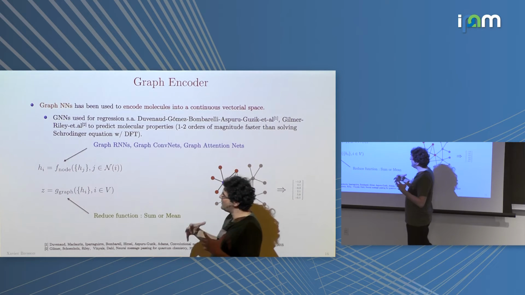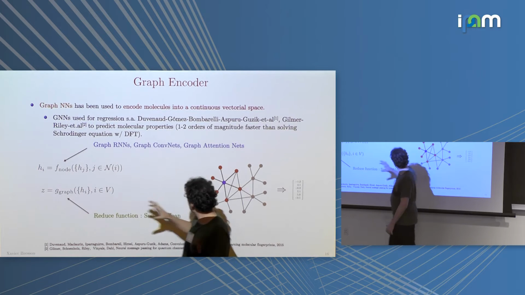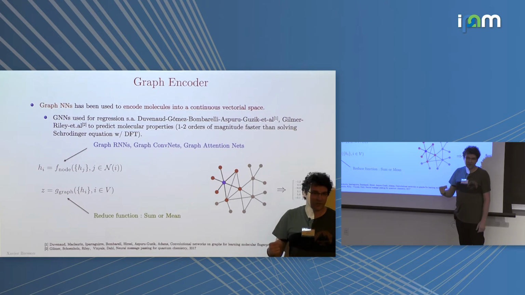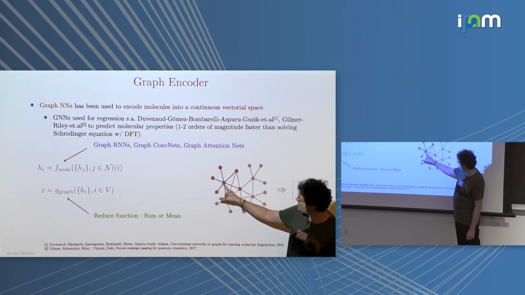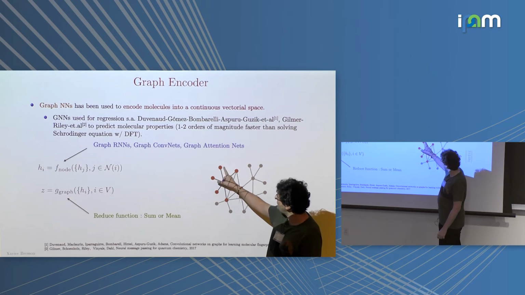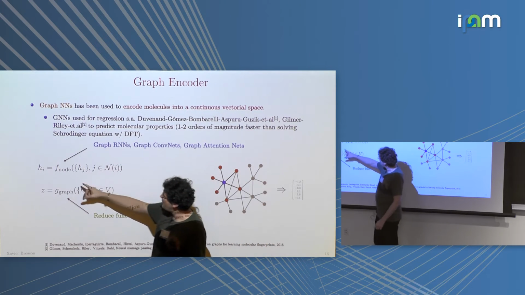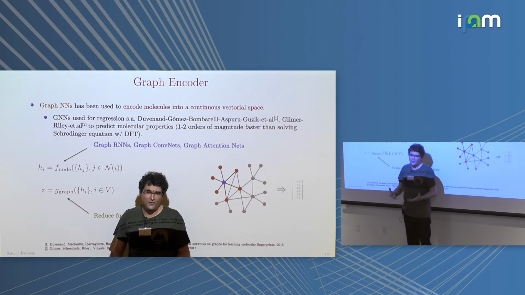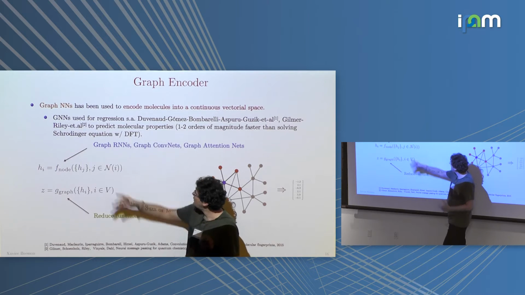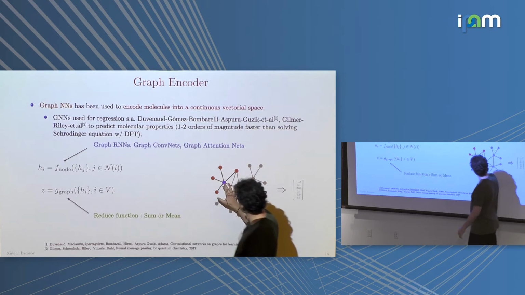The idea is basically doing two equations. The first one is, I'm taking my molecule, and I'm going to embed each atom of the molecule. Let's say this is atom i, the blue point, and to do the embedding, I'm going to use the neighborhood of this atom, the red points here. So I have a function that I apply on this. I can take my favorite graph neural network, like graph attention, graph recurrent neural network, graph ConvNet. You can take the one you like, and then I have an embedding for each atom.